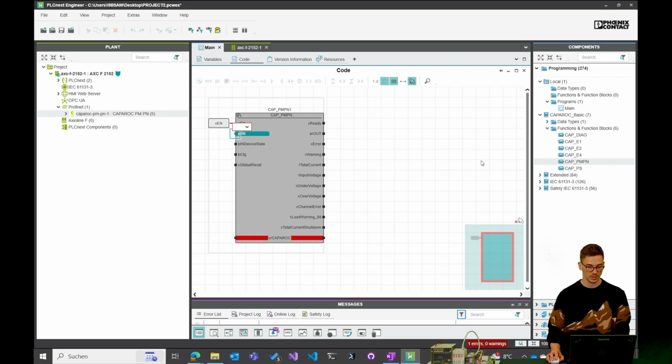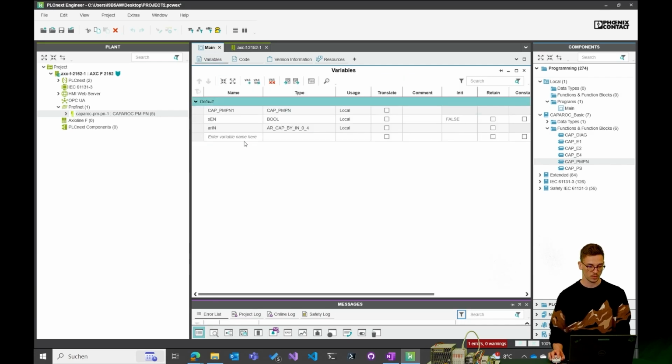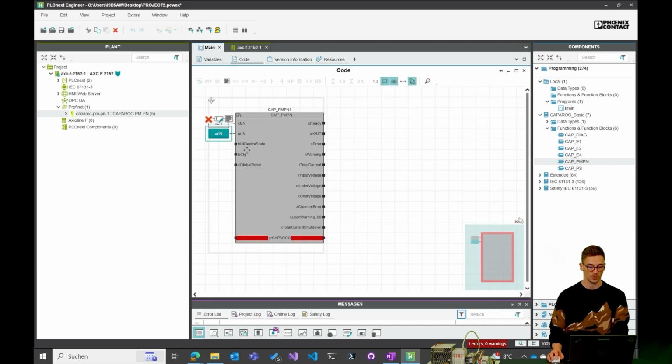You can see it here in the variable list. Let's do the same here, create local variable, go in the variable list, it will automatically appear here, and also automatically choose the needed data type of this variable. So you don't have to go into the documentation and look up the data type. You can just create one and it will choose your data type.